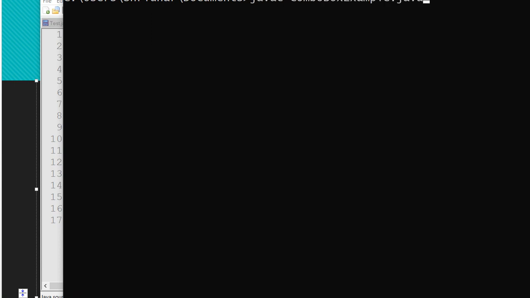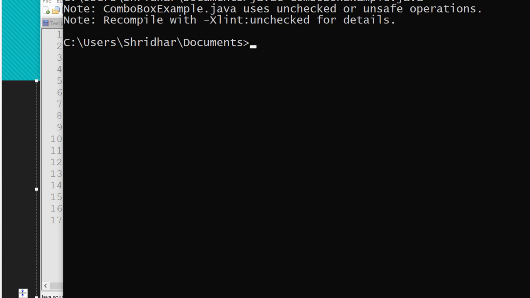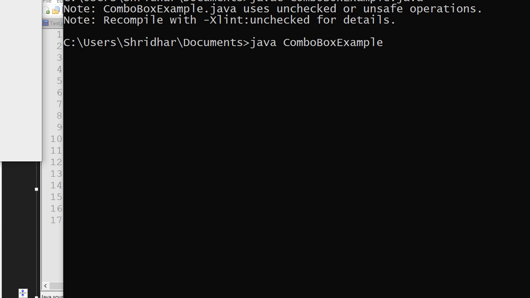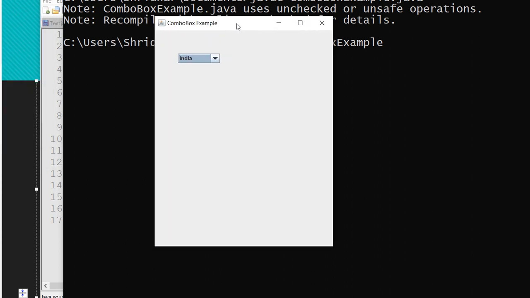Now I have to write javac ComboBoxExample.java. If you type this, some note will come, don't worry about the note. Now for java, using the file name, I will remove .java and remove the c from javac. So java ComboBoxExample, if I execute this, I will get the output like this.